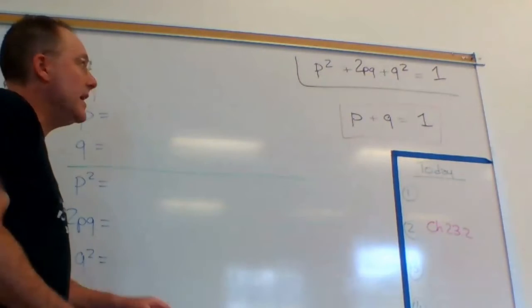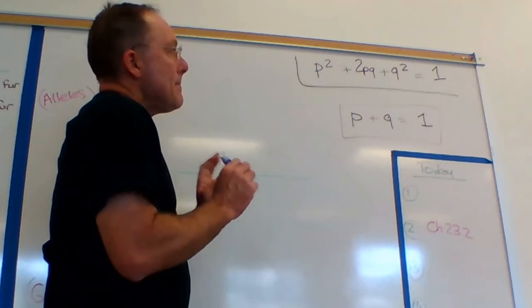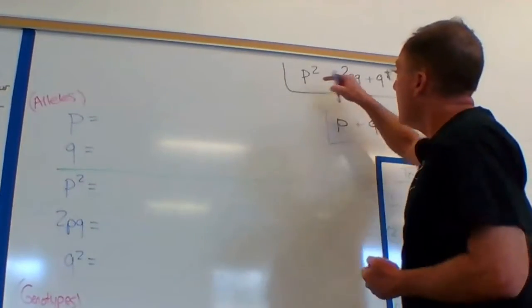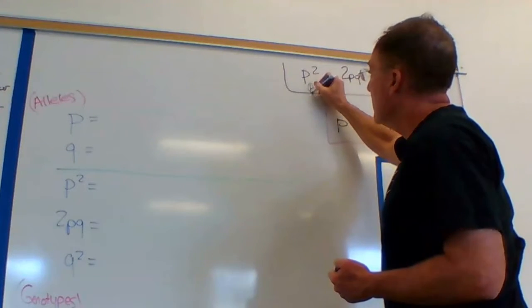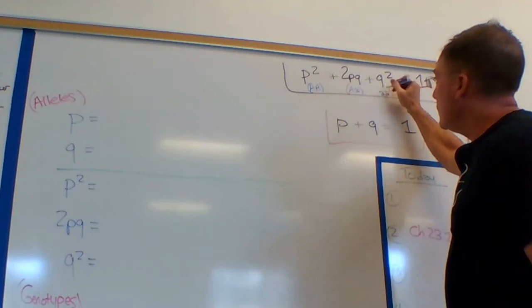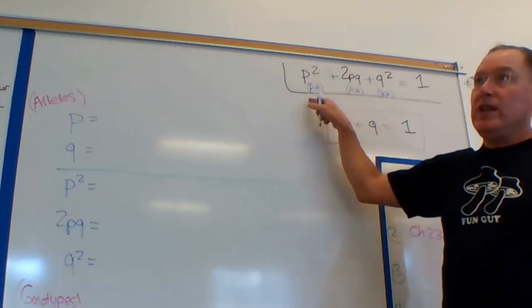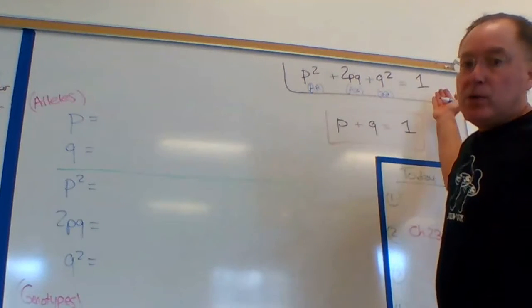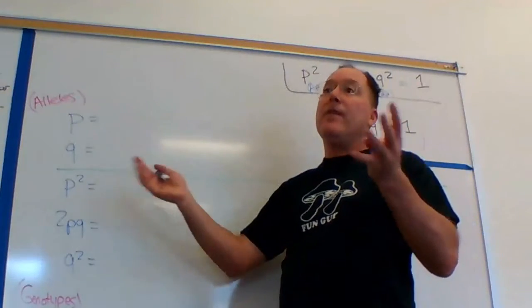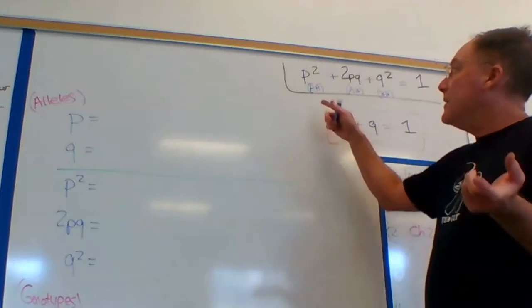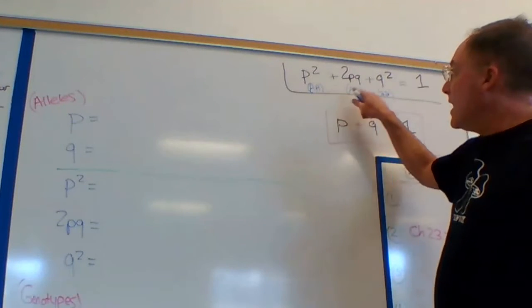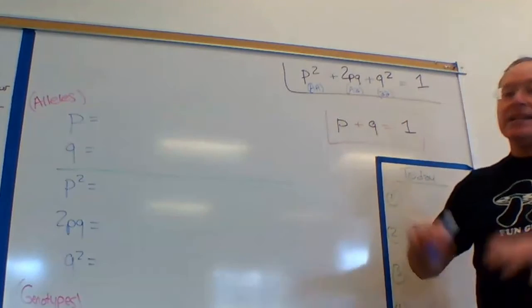Basically, what this is showing us, and I just want to make sure that you're getting this, is that if you have big A individuals and little a individuals, if you take the frequencies of these genotypes, they have to add up to 100%. So the population is only going to have individuals with homologous chromosomes number 5 in every one of their cells in these types of combinations: big F big F, big F little f, or little f little f. It's homozygous dominant, heterozygous, or homozygous recessive. That has to equal 100.